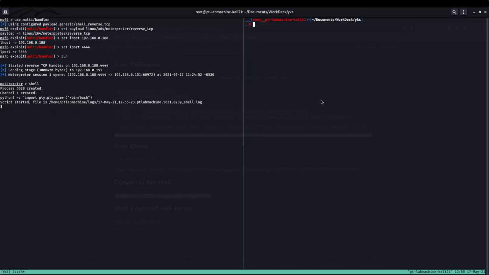Now the technique that we are going to use to establish persistence using SSH is we are going to store the public key of our attacker machine into the target machine and then we are simply going to do SSH using a private key. To generate a key pair we are going to use the command ssh-keygen